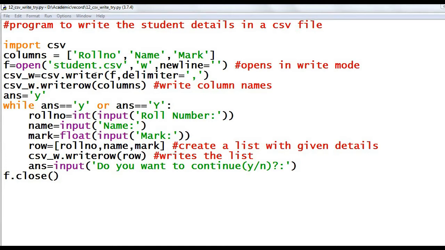What does CSV stand for? Comma separated values. That is, values we store in our file are separated by comma. Usually we use CSV files to store tabular data like a spreadsheet or Excel file, database, etc. First I will show you an example of a CSV file, then we will proceed.